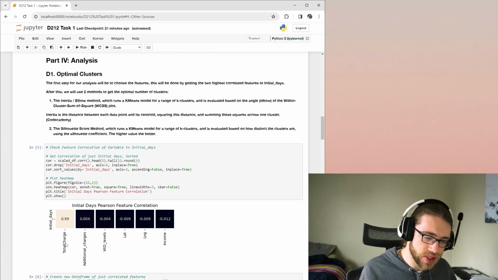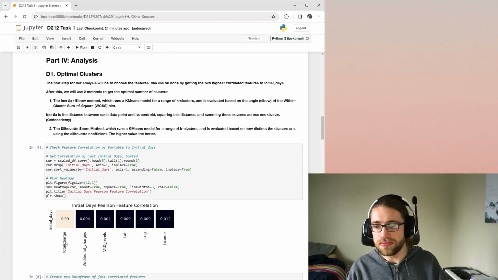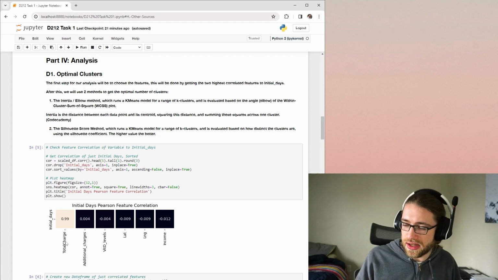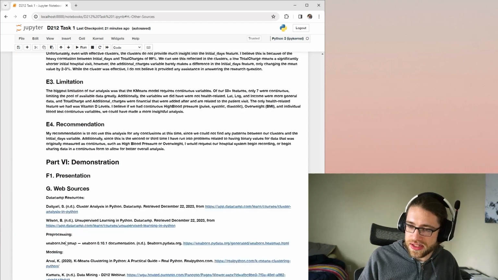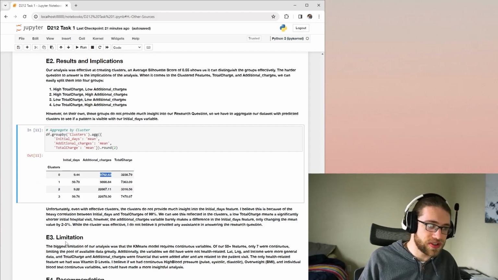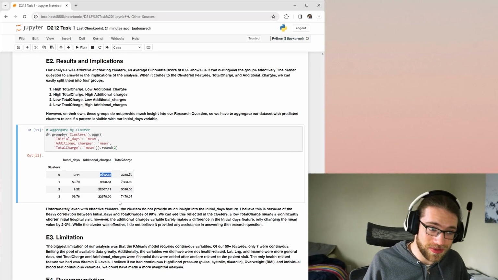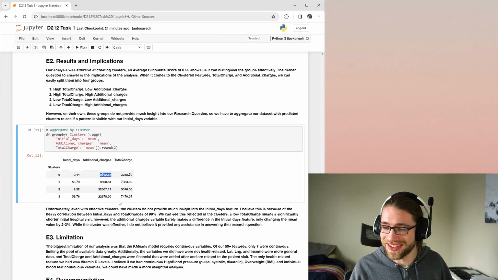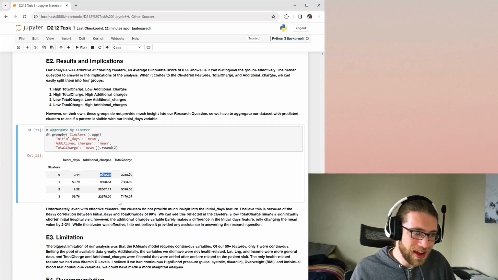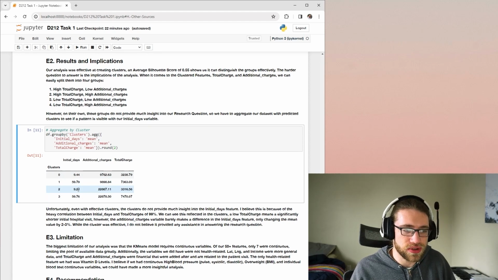So this total charges variable explains most of the initial days variable, or vice versa. The initial days explains most of the total charges is probably how it goes. But what that means is this additional charges is only affecting around 2 or 3% of the